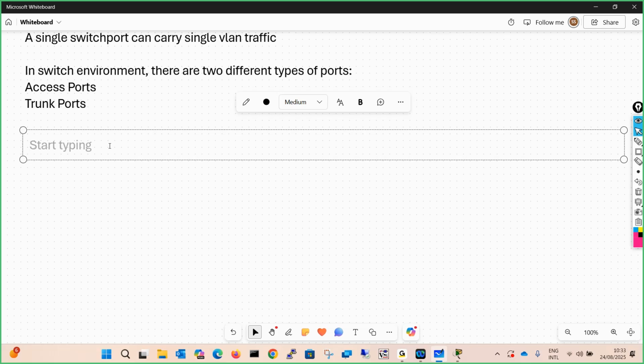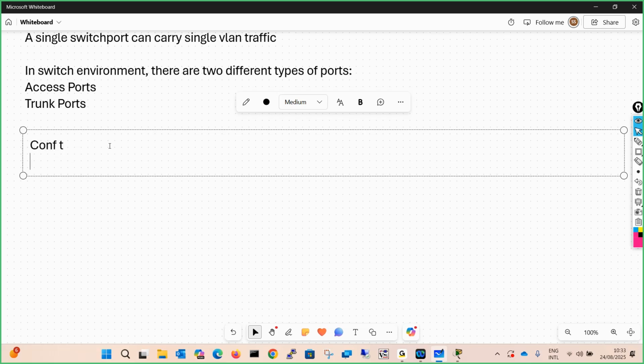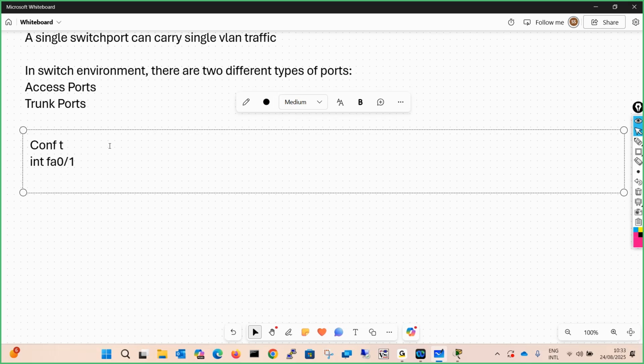When you talk about access ports, you go to a specific switch port. Going to configure terminal mode, you go to interface FA 0/1, and you say that you are a member of broadcast domain VLAN 10.